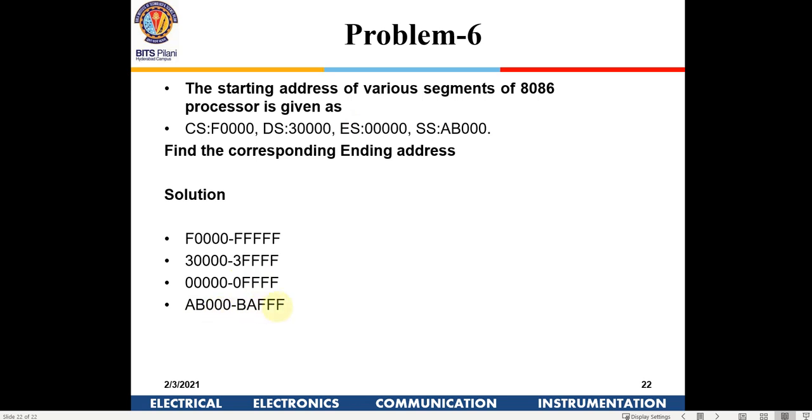The only thing you need to be careful with in all these kinds of problems is that this is hexadecimal addition. So don't make the mistake of doing it the binary way. Like if you add B and F, you get an A out here, and one carry goes there, so A becomes B. You just have to be careful with these small things.